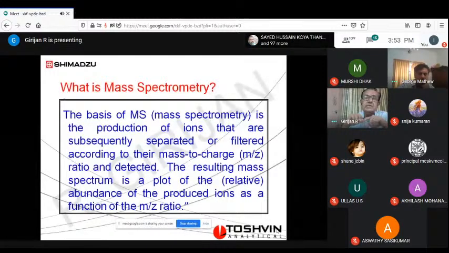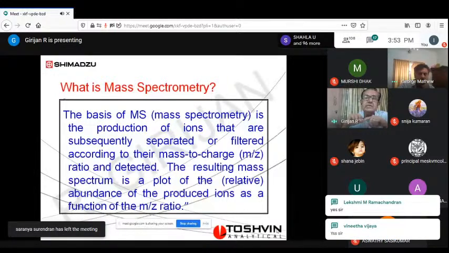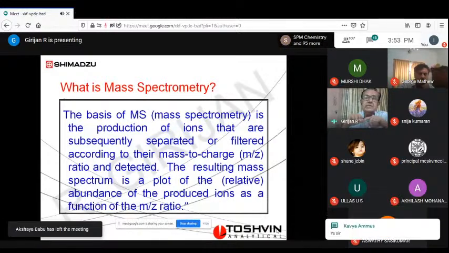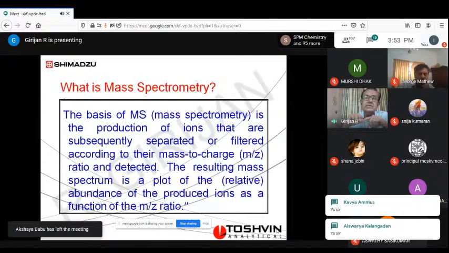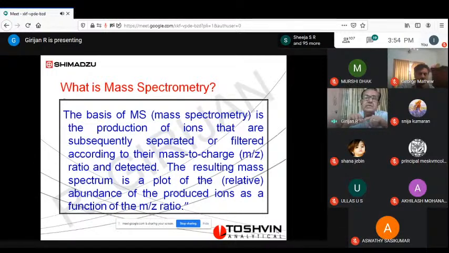Yes, audible. Okay. So when you read the first sentence, the basis of MS is the production of ions. From there itself, you can understand the sample has to undergo ionization in the case of mass spectrometer. Because production of ions, the basis of mass spectrometry is the production of ions. This production of ions means your sample molecule has to undergo ionization and it has to produce different ions having various mass numbers. So when my sample molecule undergoes ionization